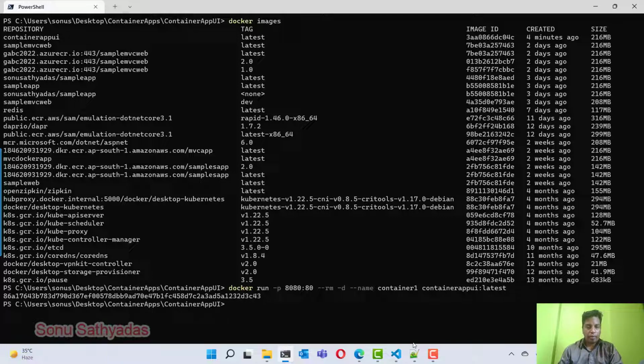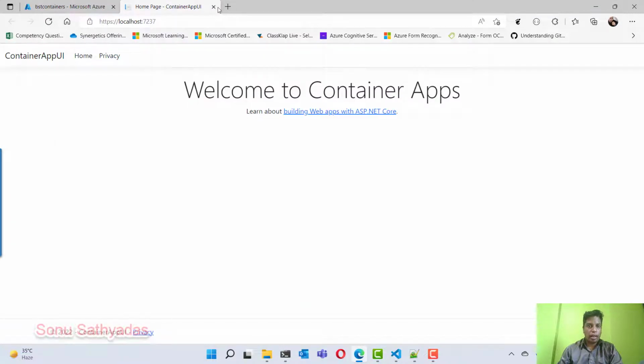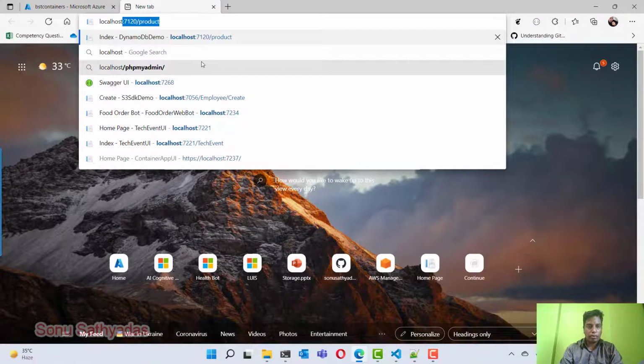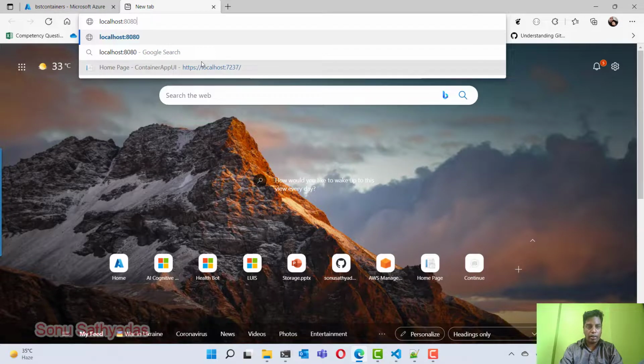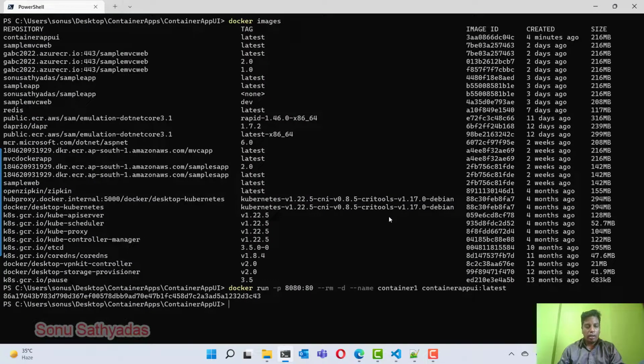Okay, it's running. So I can access my application on port number 8080. So let me open this browser, say localhost 80. Yes, I can see my application running locally on the Docker container. So what I can do is push this image to my